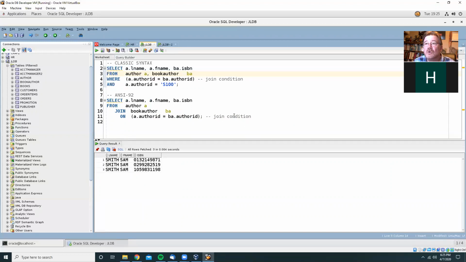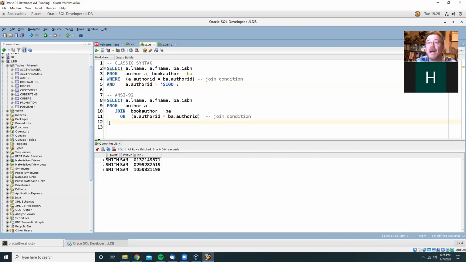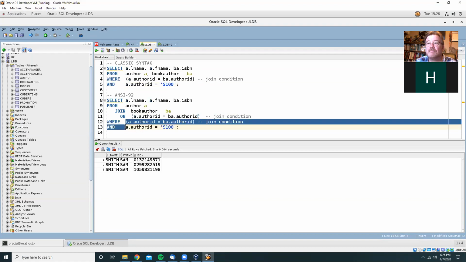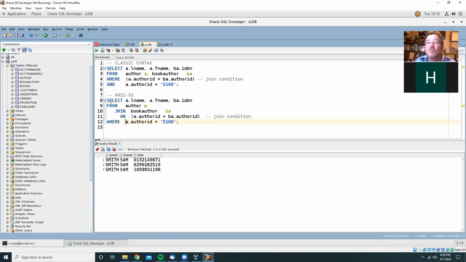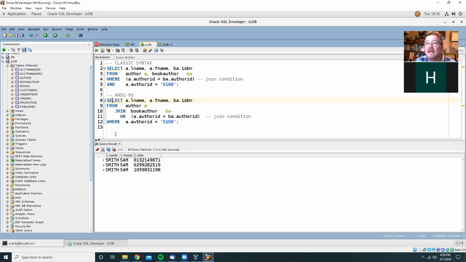It'd be an interesting question to say, well, how would you do that here? Now, what you could do, and what a lot of newbies did in the beginning, is they went ahead and put a where clause there. They basically put effectively this where clause back into it, but without the join condition. So this is one way to do that, and it would syntactically work, but you'd feel a twinge of shame because you're actually making the database work harder than it has to. The preferred way to do that in a join scenario is to go and